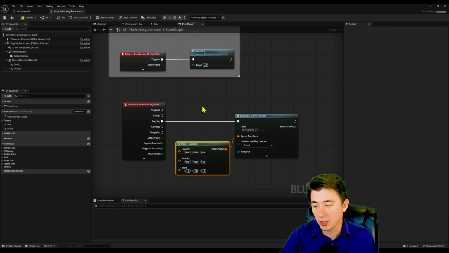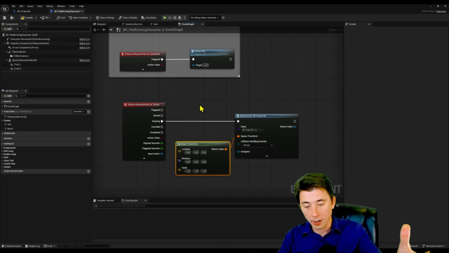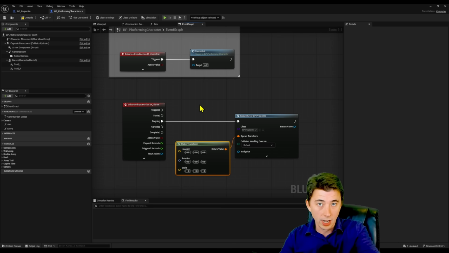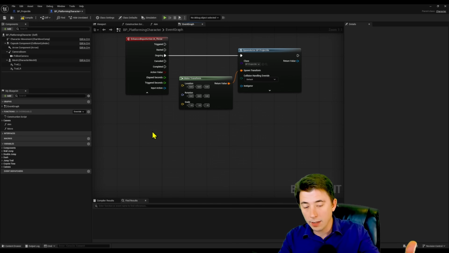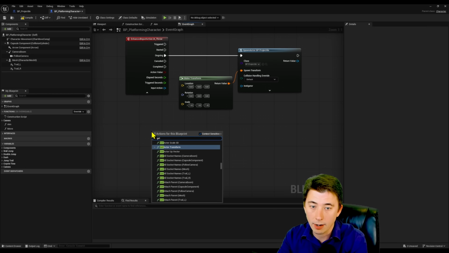And really, wherever we spawn it, it's going to be based on where our character's hand is at the apex of the throw, like when our character's arm is most outwardly extended. So first, we've got to figure out where our character is, and then we have to extend that out in space, relative to where our character's hand is going to be. And so the way we're going to do that is we're first going to get our character,